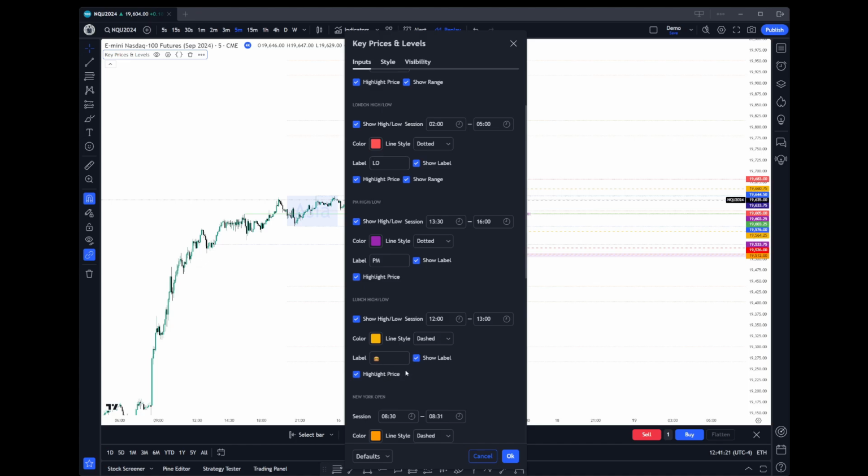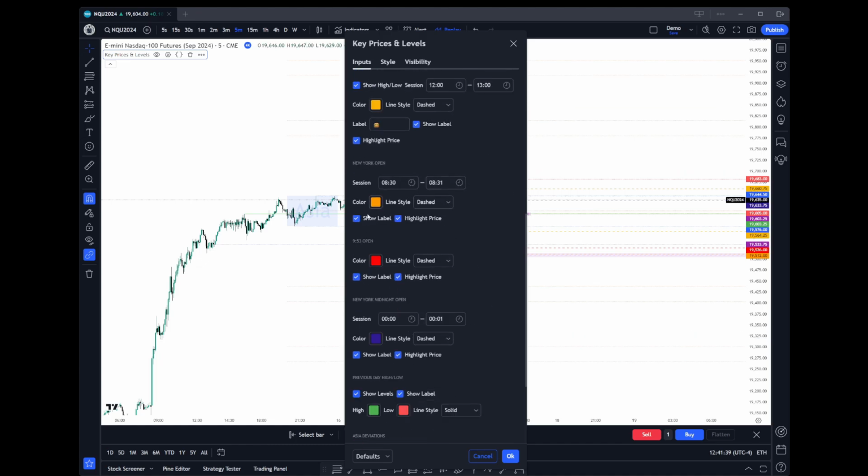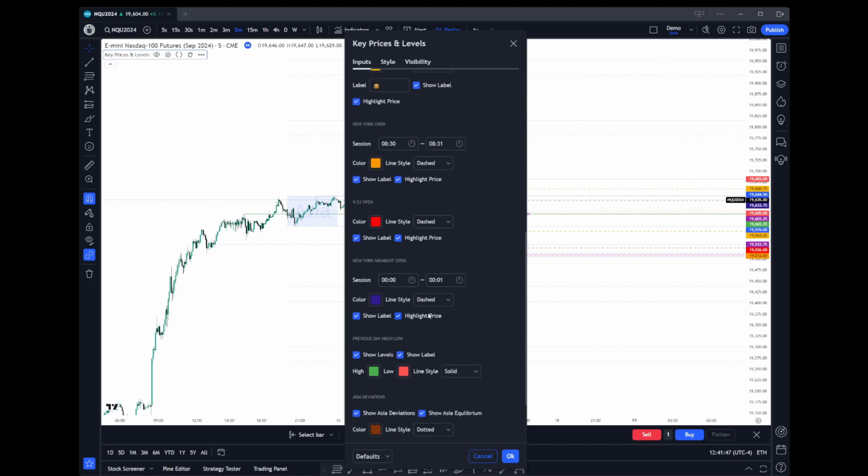and a lunch session. In all cases, you can choose what label to use to indicate them and whether to highlight price on the right-hand side right here, and whether you even want to have the label shown, and obviously what colors you want to represent the session. Then you have the indicator of York Open, which is 8:30, 9:53 open, and the midnight open, whether or not